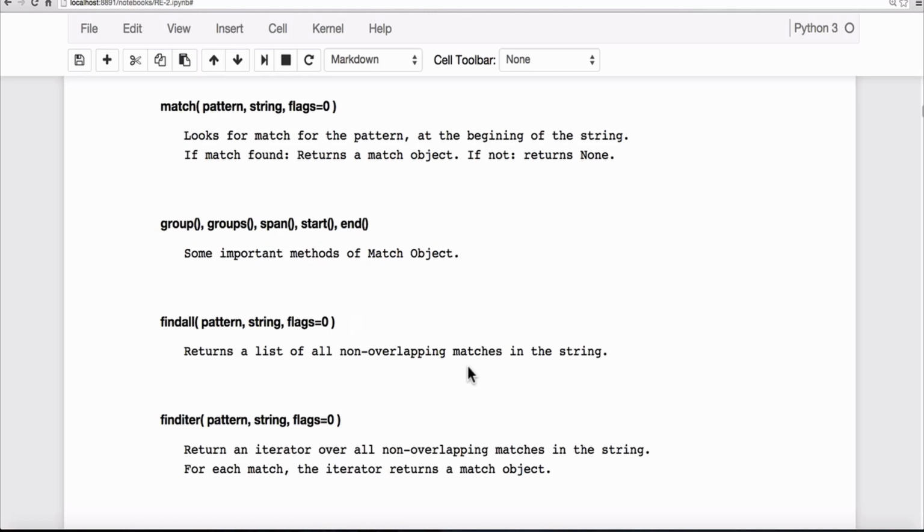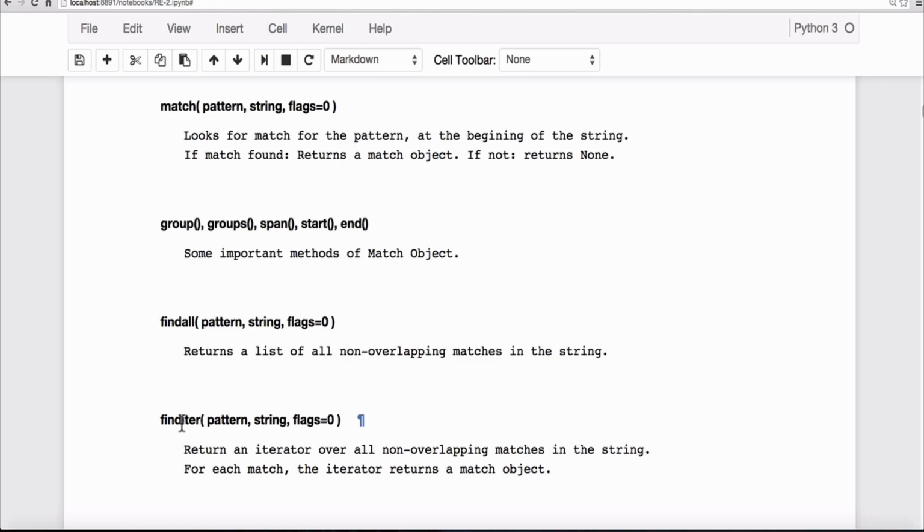Next, finditer. Finditer is very similar to findall, but it will not return a list object. It will return an iterable object, and we can iterate on that iterable object by using a for loop to get all the matches. This method is useful when you are expecting thousands of matches. Suppose you are passing through a large amount of text, and you are expecting thousands and thousands of matches, then this is the best method. This is finditer, because it won't